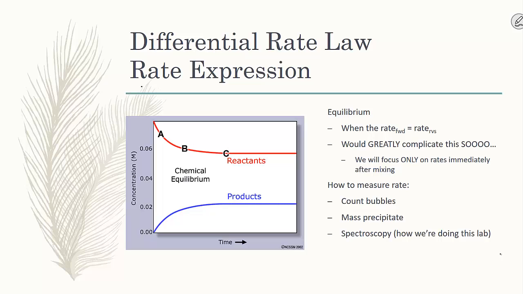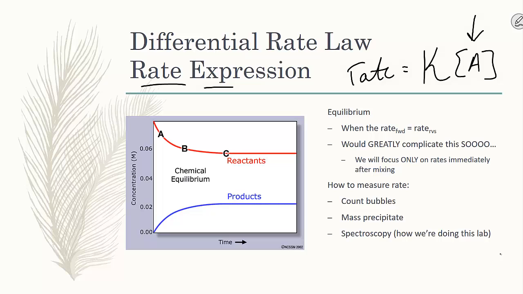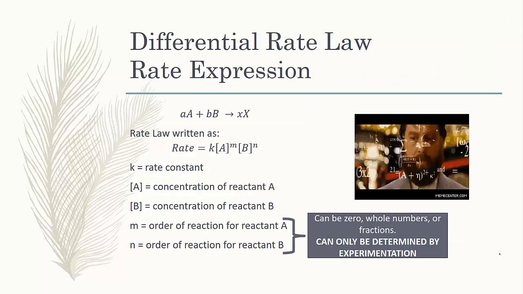So writing the rate expression is simply analyzing data to determine what the rate of a reaction is, or the constant by which that rate is determined by looking at the concentration of your reactants and how those reactants affect the rate. So rate law is expressed as rate equals K times the concentration of a reactant raised to its